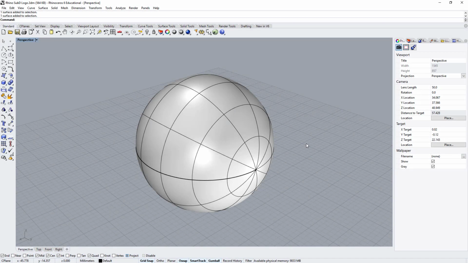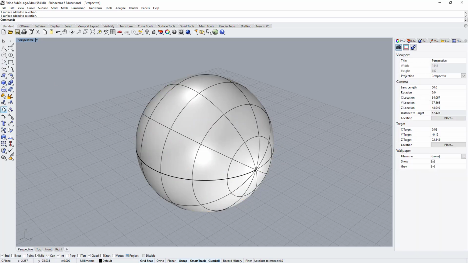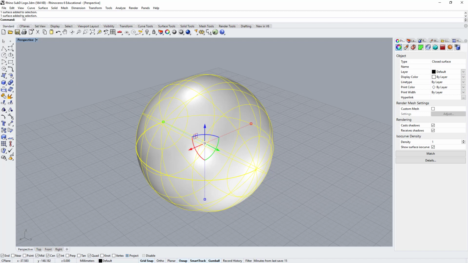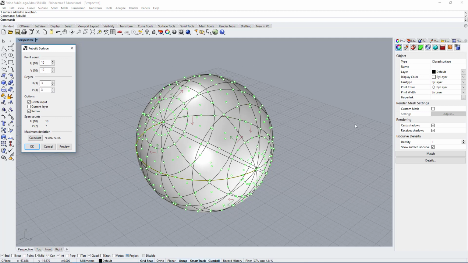In this demo, I want to quickly talk about SUBD. SUBD is a little bit complicated to explain, but a very simplified way to break it down would be to talk about freeform modeling. You probably saw the tutorial for the rubber duck, where essentially you would create a sphere and rebuild it. I will type in rebuild just to show you what you typically do when you're creating a freeform, using the freeform modeling approach.